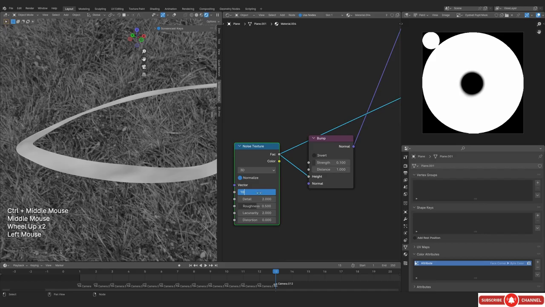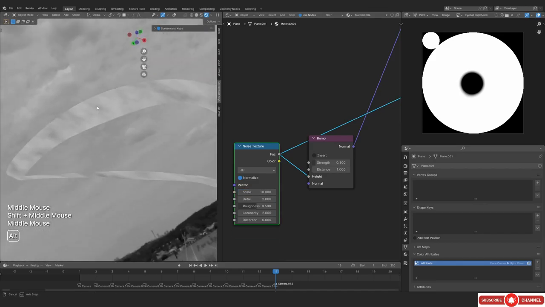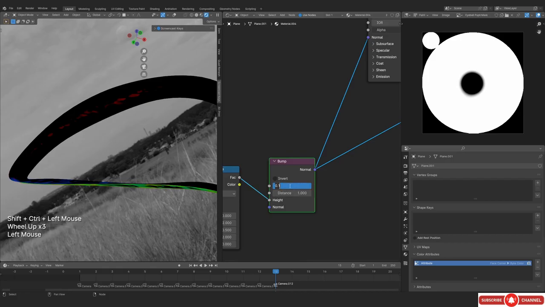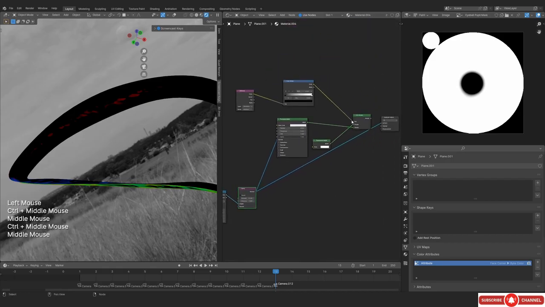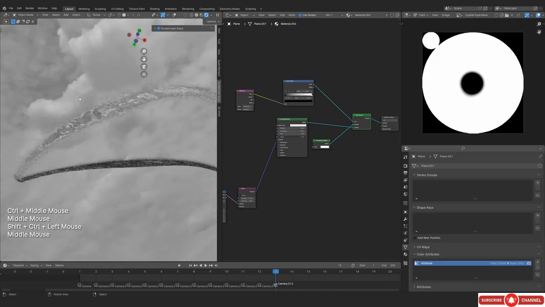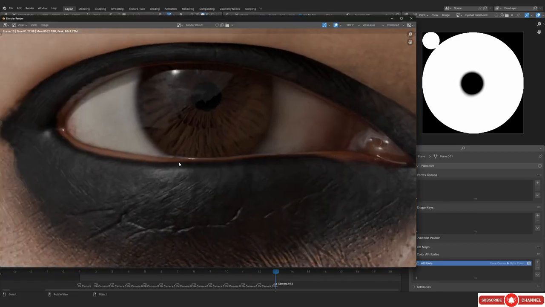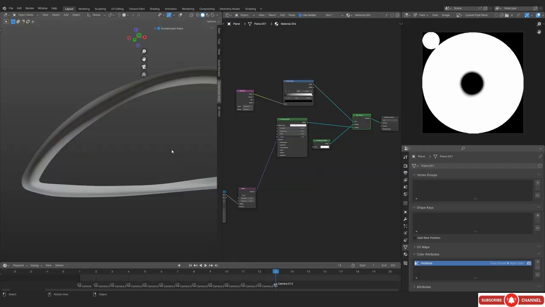You can see I'm using scale at 10, and this is going through bump, and the strength is pretty low, so that's how we are getting this distortion into the reflection, and this is what's giving us some natural look basically.